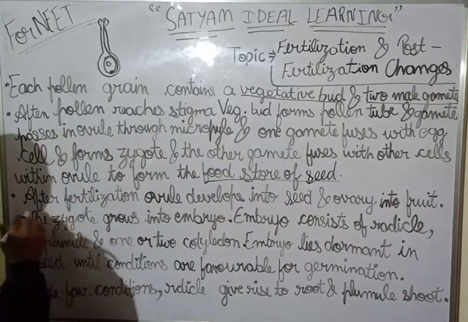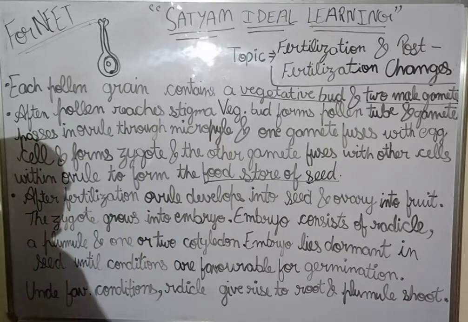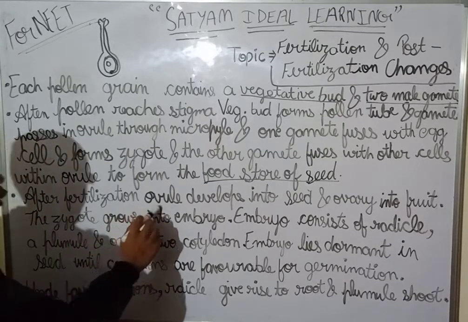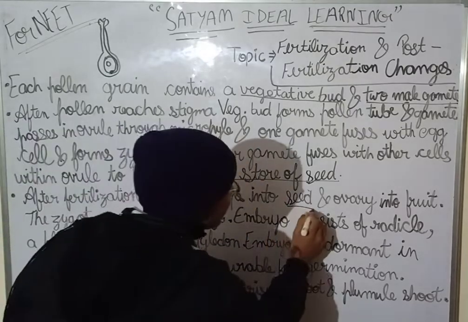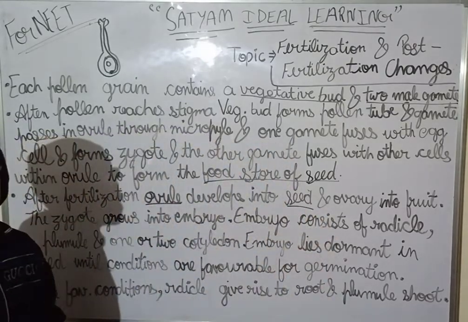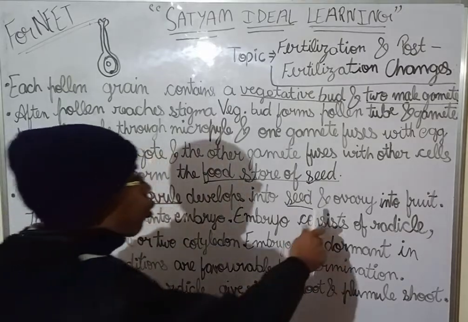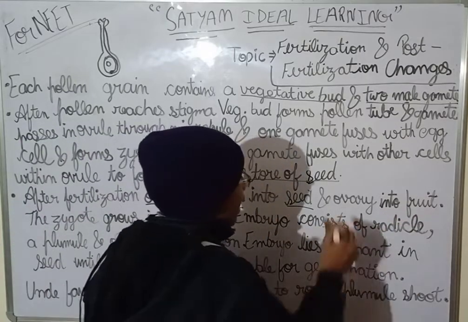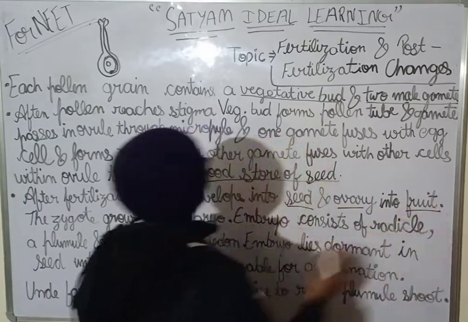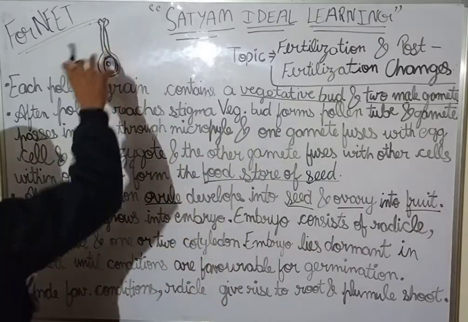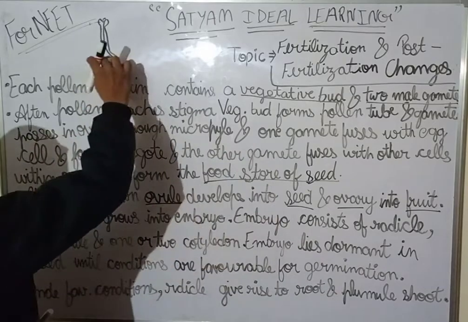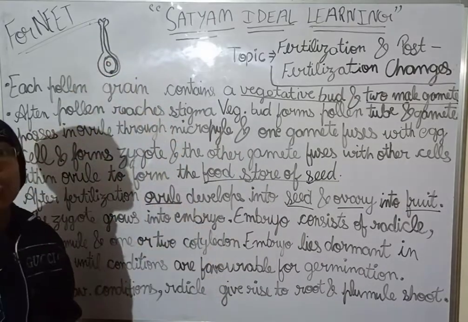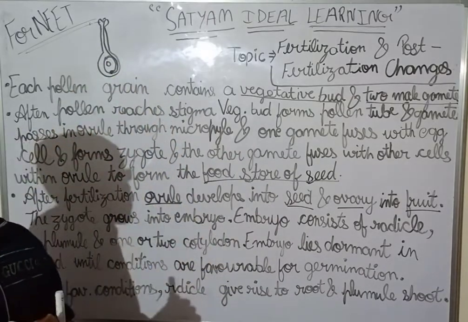Clear this thing? After fertilization, the ovule will develop into the seed, and the ovary into fruit. So this ovary will develop into the fruit that we eat, and the ovule will develop into the seed that we